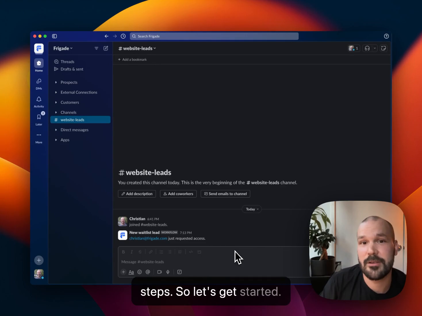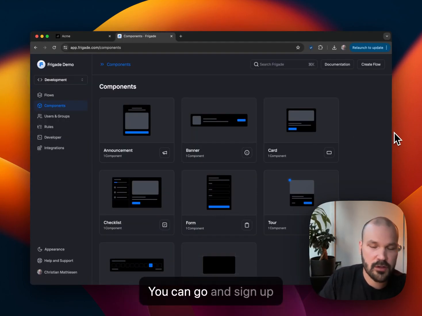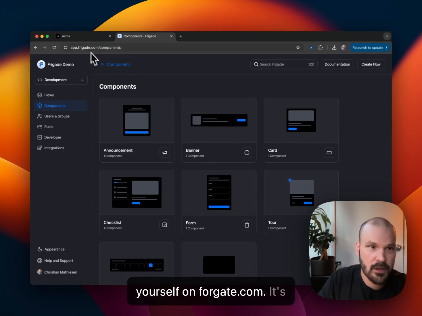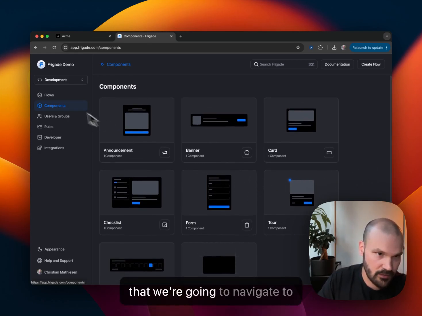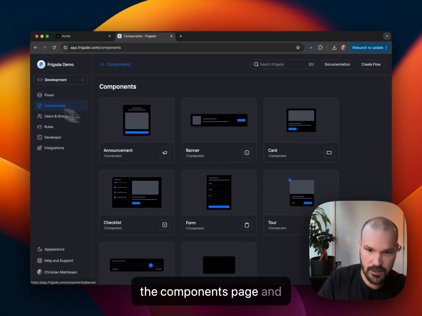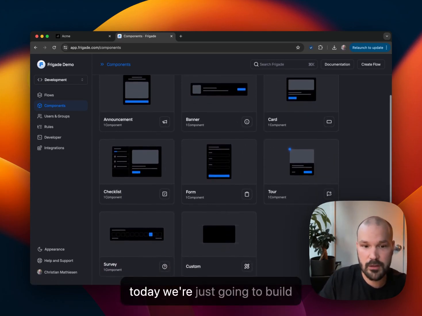So let's get started. We start over here in the Frigade platform. You can sign up yourself on frigade.com. It's completely free to get started and doesn't even require a credit card. What we're going to do here is navigate to the components page, and you can see there's a bunch of different stuff you can build with Frigade, but today we're just going to build a